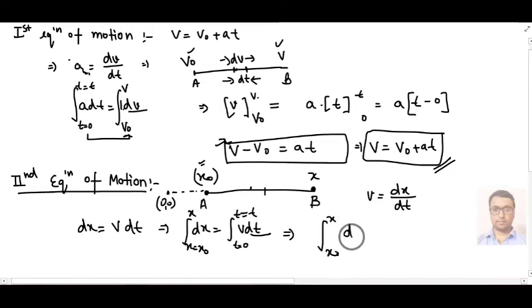This is our limit of integration, dx equal to, now remember v is not constant, v is again variable and its value is v0 plus at. It is again a function of time, that depends on time. What is the meaning of function? I told you in my previous lecture. If any physical quantity depends on another physical quantity, then that is called a function. More specifically, this v0 plus at is an algebraic function, and the limit of t is 0 to t.